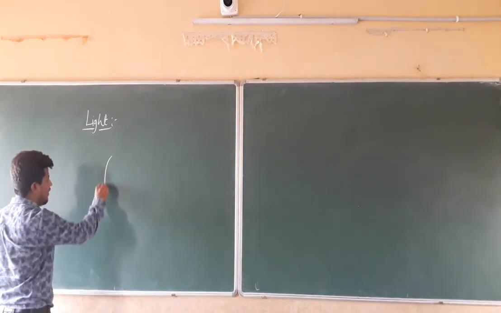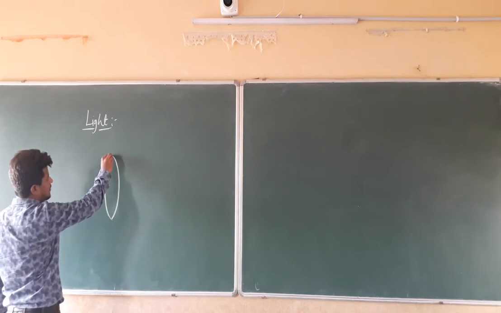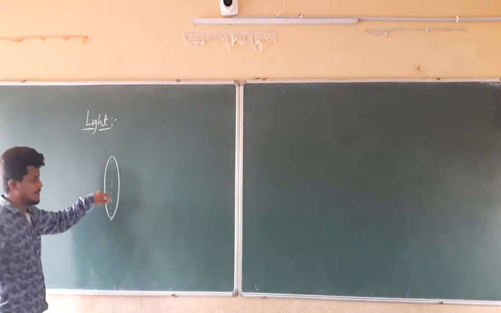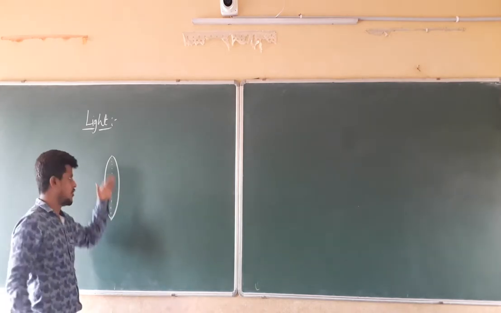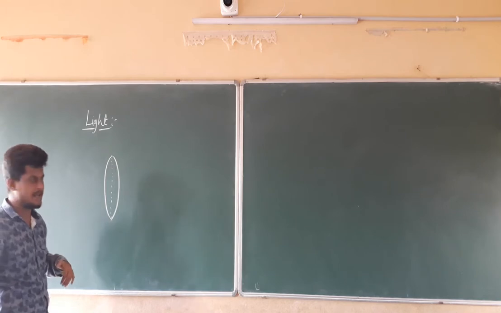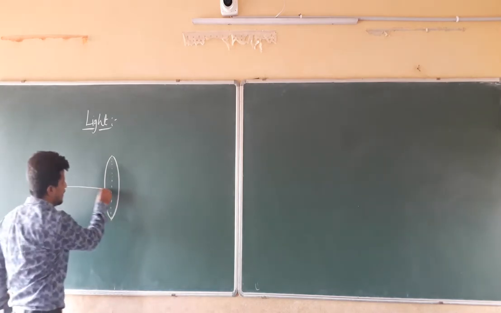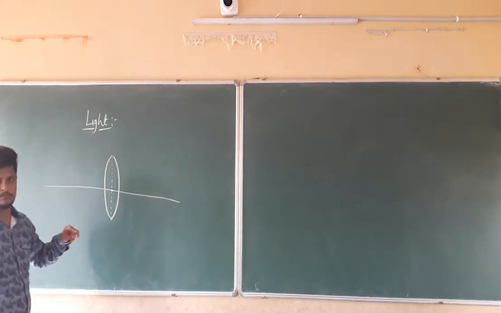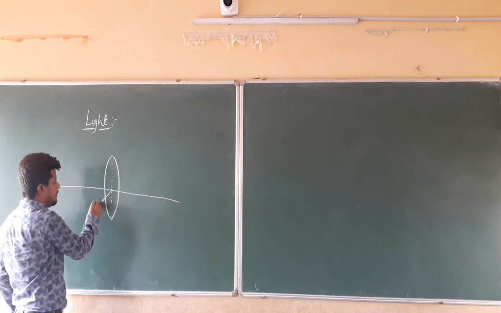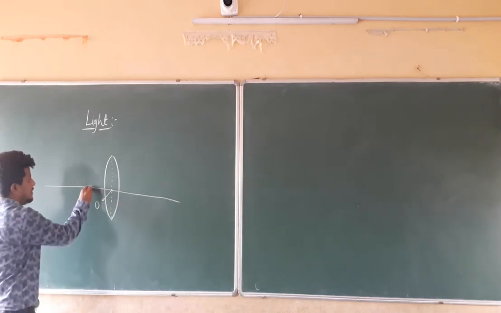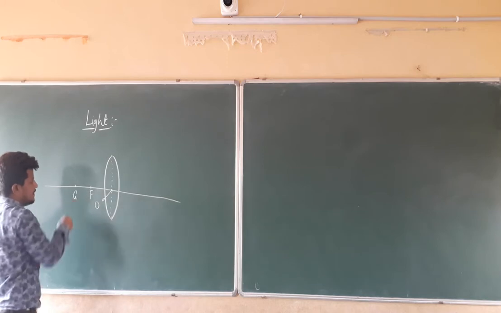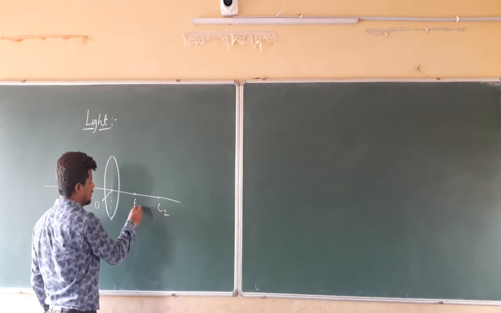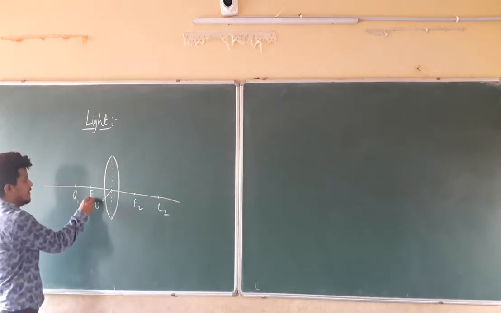If I take the example of this convex lens, it is not needed for drawing, but just for a reference point I am drawing these dotted lines, so that it is clear exactly where the center of the lens will come. Exactly that will come at this point. This will be O. This will be the principal focus here, and this will be the center of curvature. In the same manner, this will also be F and this will also be C. This will be C2, this will be F2, this will be C1, this will be F1.